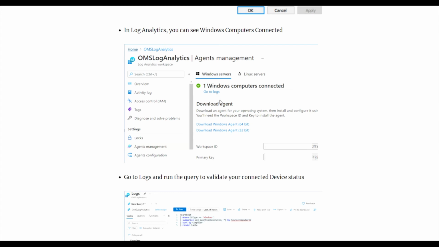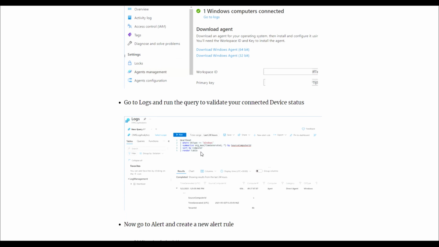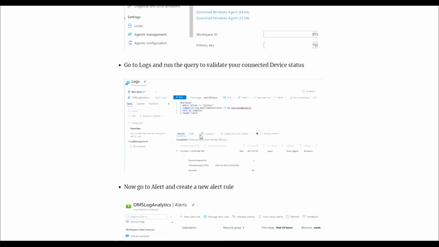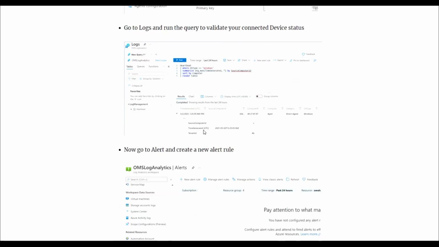Go to Logs and run a query. Once you click run the query, you will get the result: my computer name is Ajit, and the IP, the source computer ID and the tenant name, all the results you will get here.